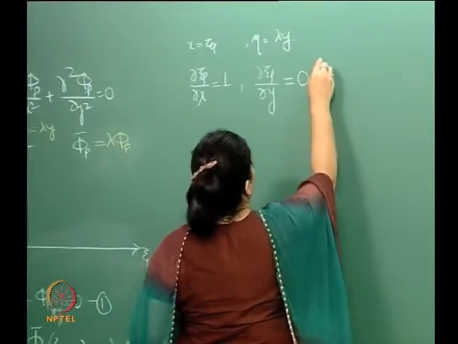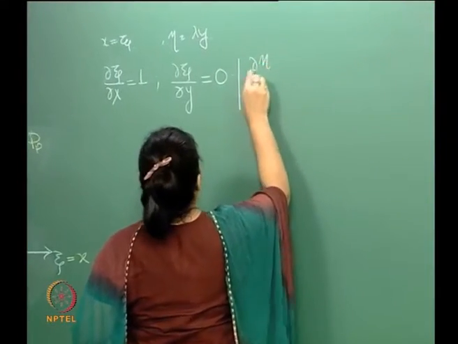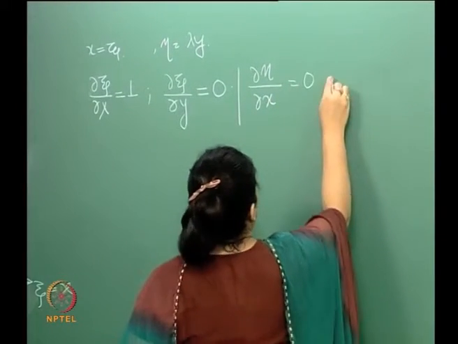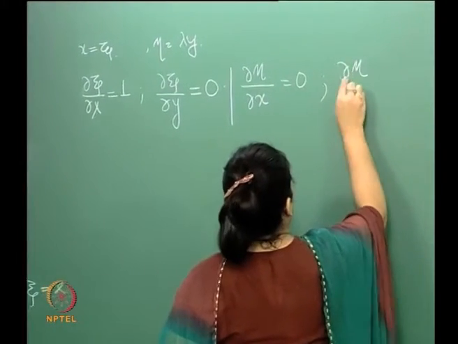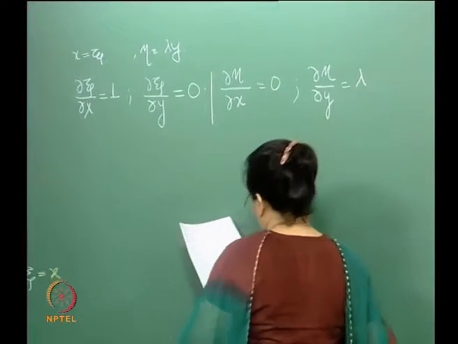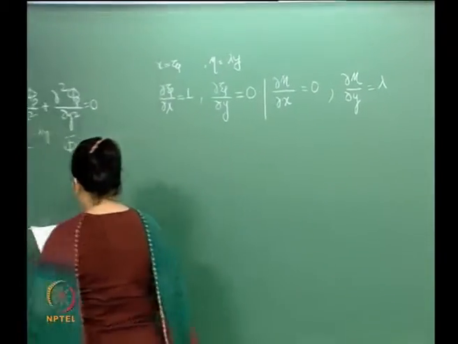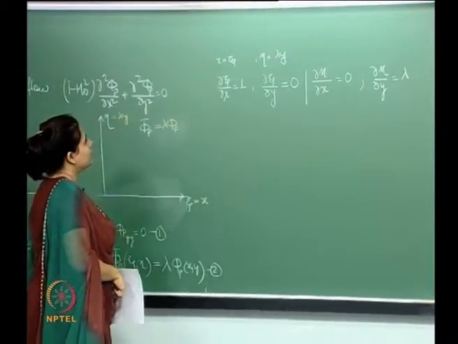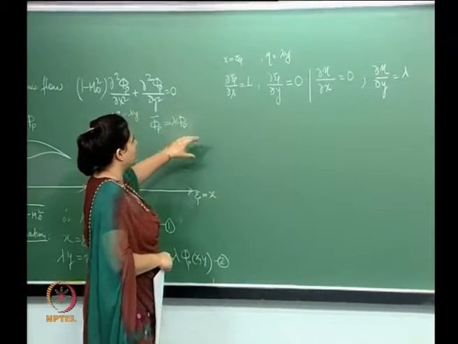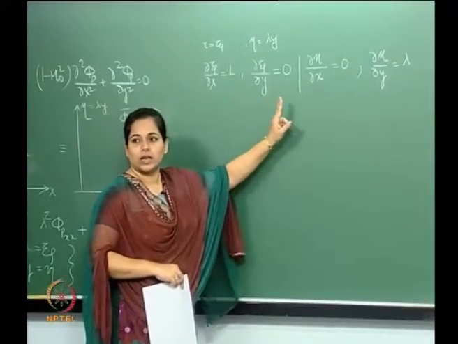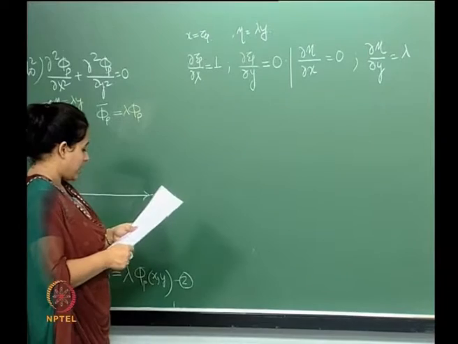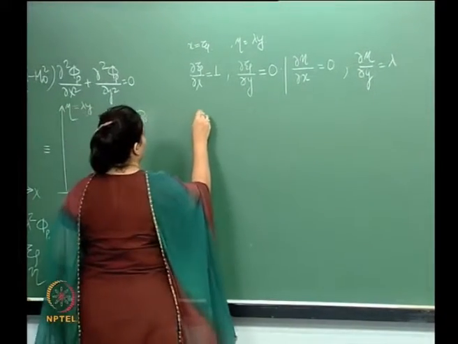Okay. For eta, del eta del x is 0 and del eta del y is equal to lambda, right. So, this is basically the change in the transformed coordinates with respect to the Cartesian coordinates, or the original coordinate system that we are using, right. If I do that, so then